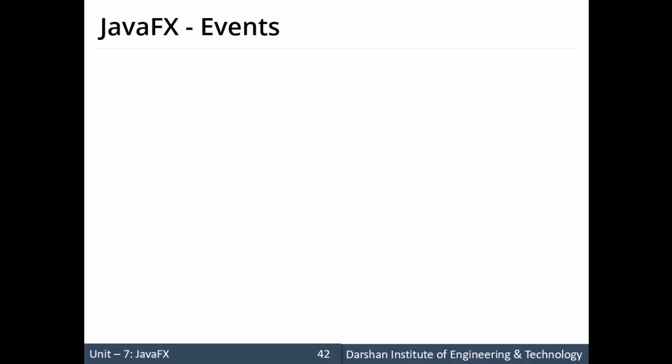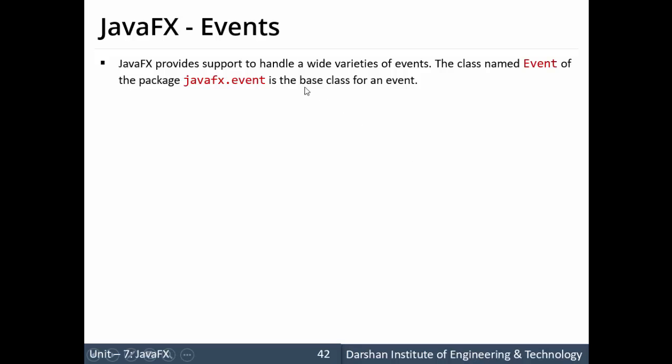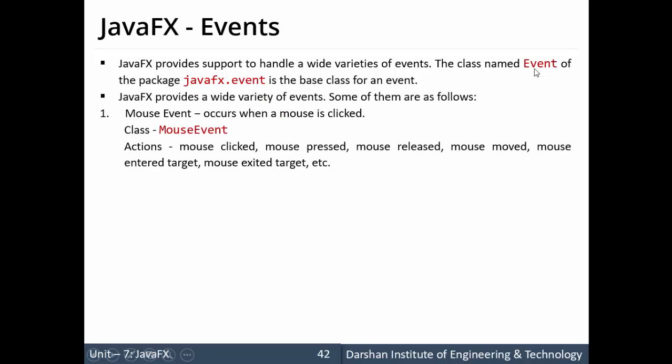These events are provided by the javafx.event package, and there are varieties of events available. The superclass of all events is the Event class. Some of the events provided by JavaFX that I am listing out are the mouse event, which occurs when the mouse is clicked. The class we require is MouseEvent, and the actions